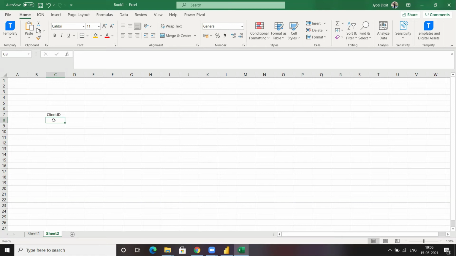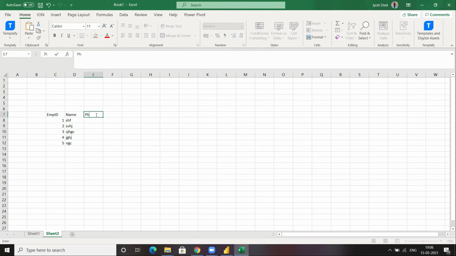So that's what I want to see. Just to make it clear, suppose this is the employee ID 2345, and this is the name, and whatever the name is, suppose I'm just doing it arbitrarily.